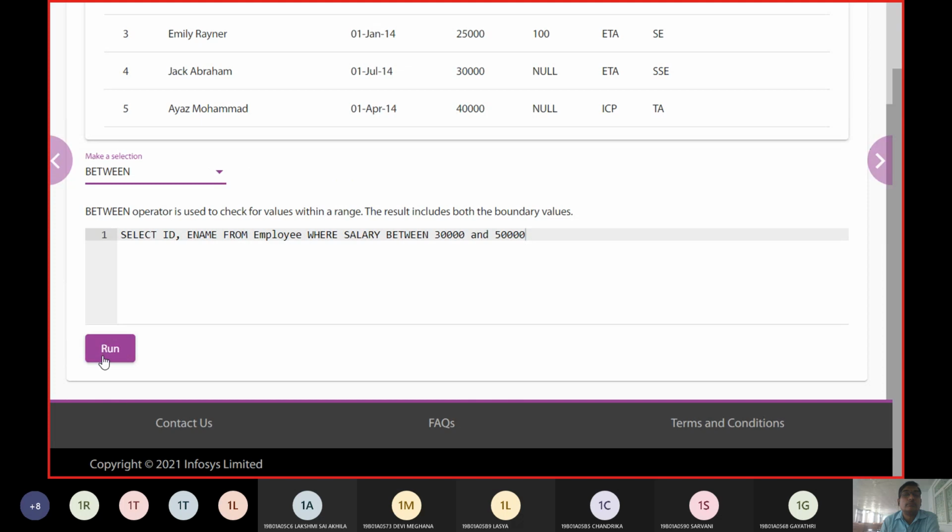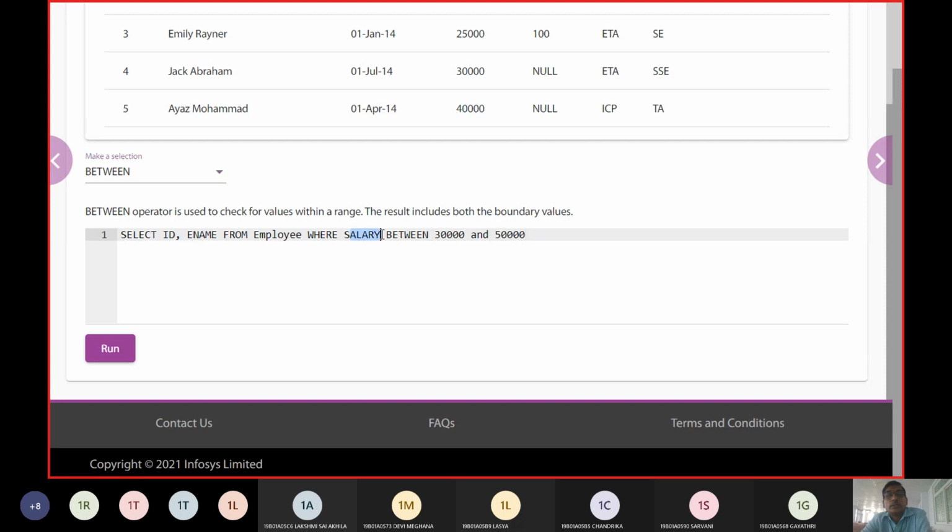Let us see this between content. Now in this between content you can verify that the between operator is used to check the values within a range. So what was the range? The range we are going to get is the boundaries that is between 30,000 and 50,000.